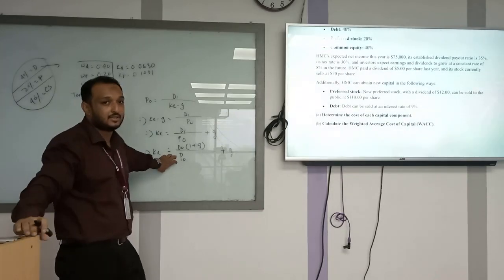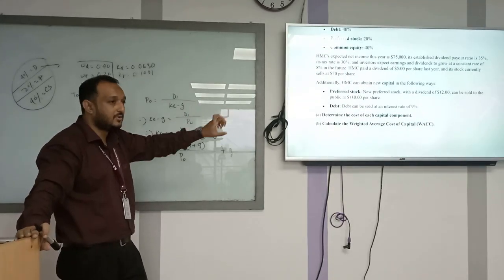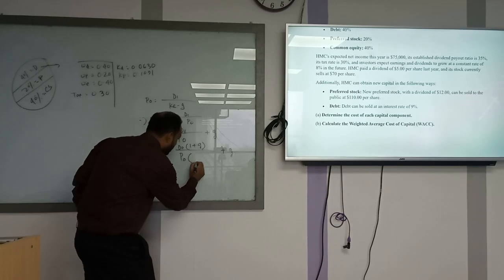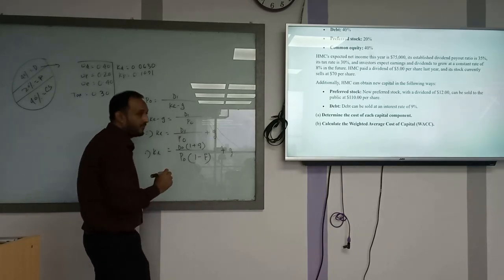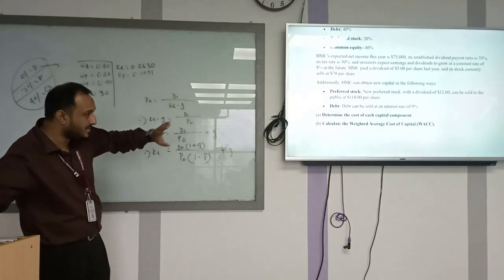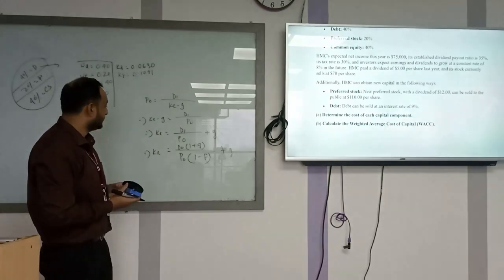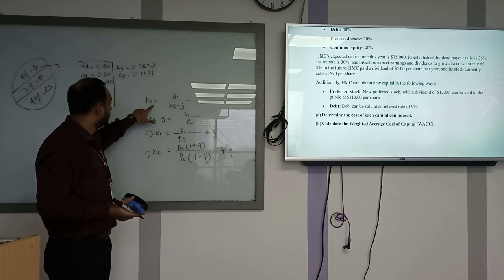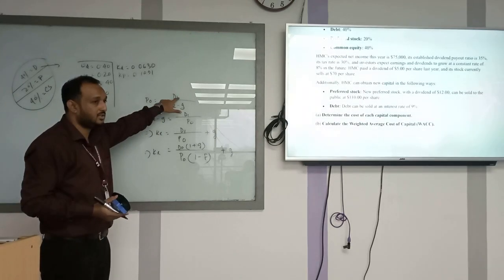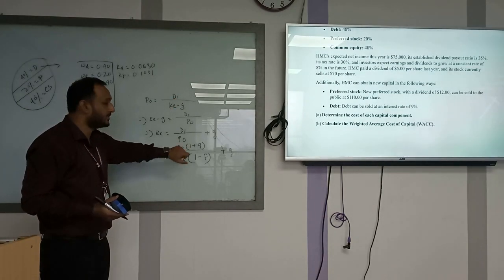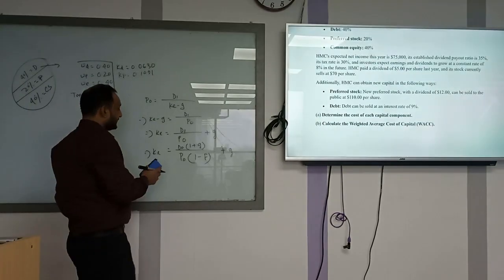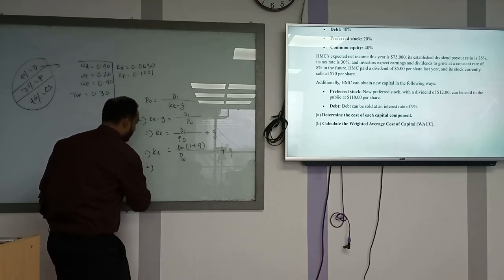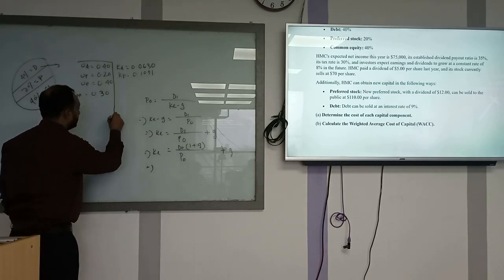এখন যদি এখানে দেয়া থাকতো ফ্লোটেশন কস্ট, যদি ফ্লোটেশন কস্ট দেয়া থাকতো তাহলে আমরা কি করতাম? P naught into 1 minus F, ফ্লোটেশন কস্টটা মাইনাস করতাম। বাট সিন্স ইট ইজ নট গিভেন হিয়ার, D1 যে D naught into 1 plus G এই ফর্মুলা দিতে হবে। ঠিক আছে, আচ্ছা।